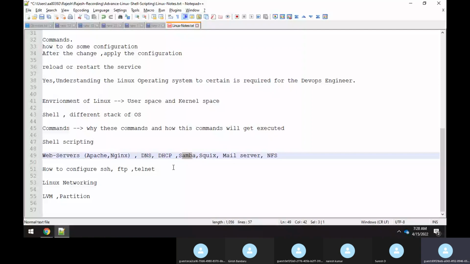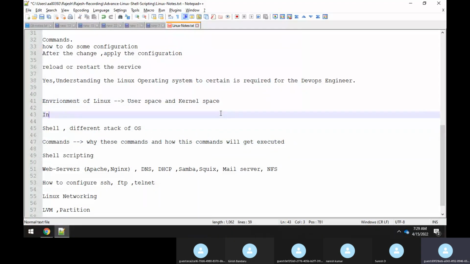Yes, the scripting part we will be learning, because to automate tasks you need to know scripting. Commands are the heart of Linux. Without commands you cannot survive in Linux. You have to work on commands and execute them, and you need to learn about the Linux environment, where you will understand how exactly Linux comes into the picture. With that, many people also know a lot about installation: what are the different types of Linux installation, and suppose I want to install Linux, how you can install it. So many people have some knowledge of installations and different parts of Linux.